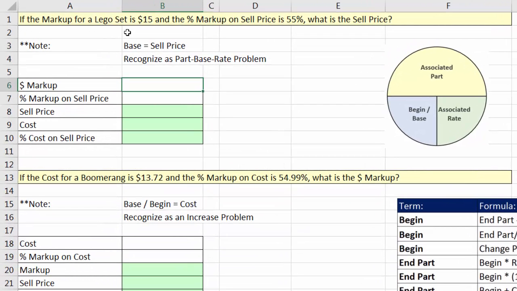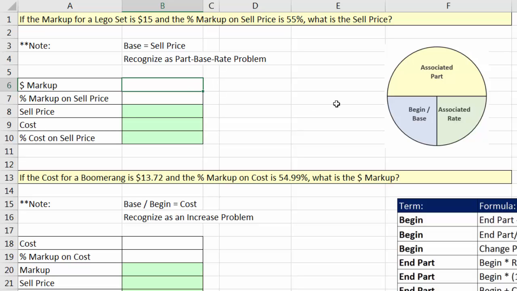If the markup for a Lego set is $15 and the percentage markup on sell price is 55%, what is the sell price? Well, we're given the amount of the markup and the percentage markup on sell price. So it looks like we have an associated part and associated rate. Now, as always, it's key. Sell price, that's the denominator. So the base or the denominator is sell price. And because it's sell price and we have two parts, we're going to recognize this as a part base rate